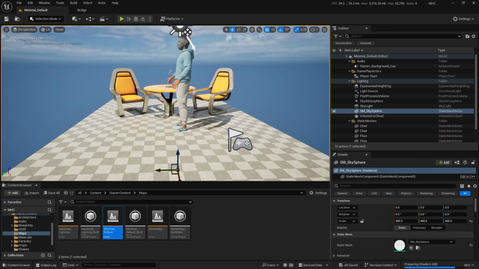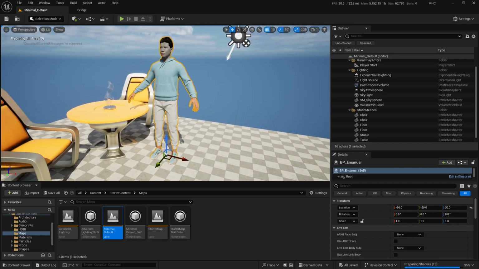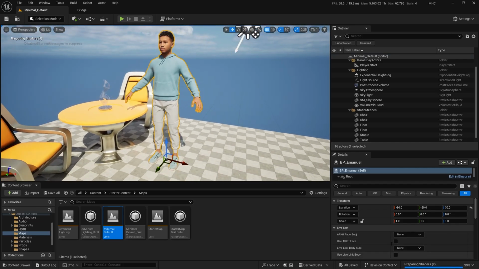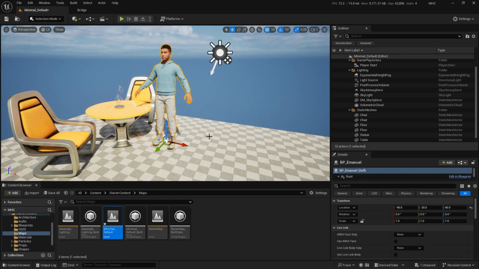So here's my Metahuman. He's still finishing some shaders that are getting prepared for him. You'll notice down here. So the first time you get these loaded, it takes a little bit. So here he is, my default generic Metahuman that comes with standard Quixel. So let's now look at how you create your own custom Metahuman. So back to Bridge,